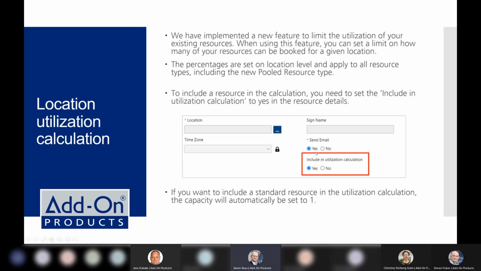The way to use it is that on the resource now, there's an extra option called Include in Utilization Calculation. When you do that, it will be included, as it says, in calculating how much of this we can use. If you set this to yes on a standard resource, the capacity of that standard resource will automatically be set to 1. This means you cannot use this to limit